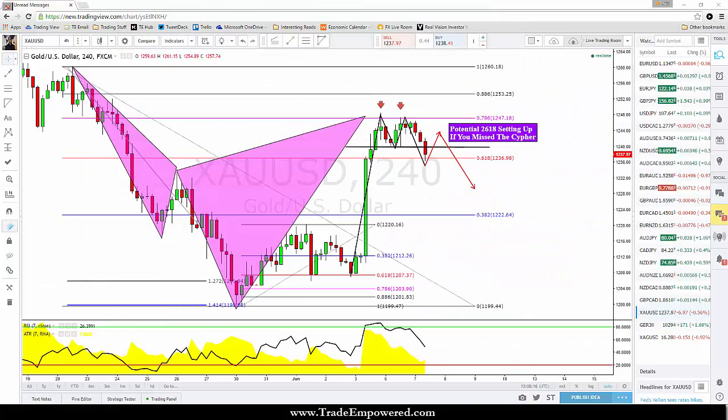Yen. Actually, let's do gold real quick. This is something that a good trading buddy of mine, Philip, brought to my attention this morning. Gold had a cipher here on the 4-hour chart, up at 1247.18. And I don't actively watch gold trade. I have some hard asset investments in gold, but